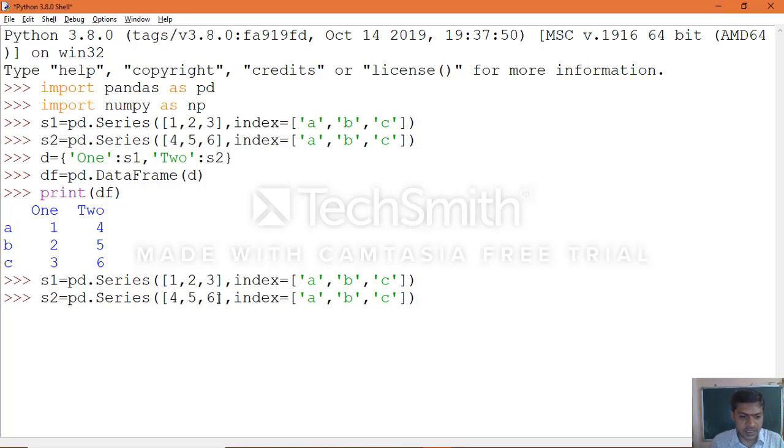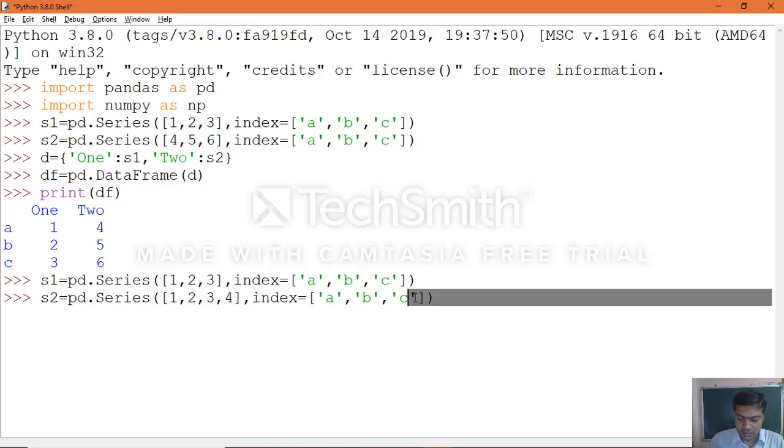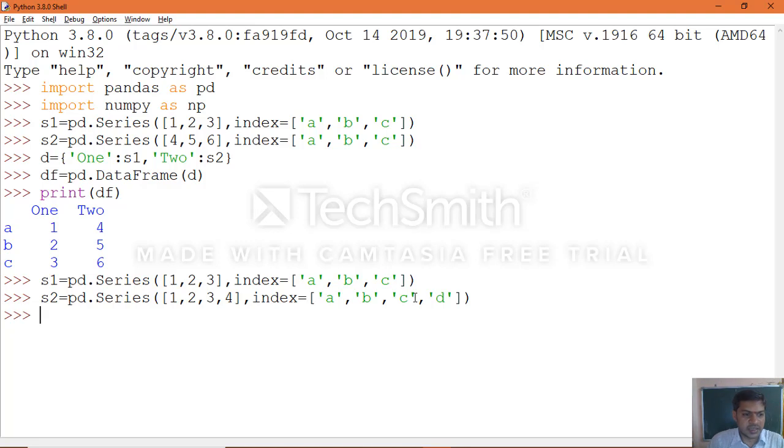So we'll make the values 1, 2, 3, 4, and we will add one more index, that is D. Now create the dictionary.